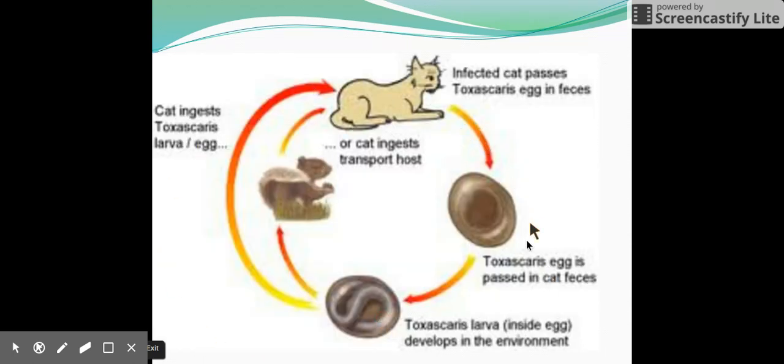Talking a little bit about the life cycle of Toxocara cati, it is very similar to what we saw with Toxoplasma gondii, where you have a transport host with larvae and eggs. It gets consumed by the cat. Those are encysted in the cat's feces. And then we have the larvae developing inside of the egg, inside of the cat. And that's where I'll stop. I ran out of time. I'll pick it up